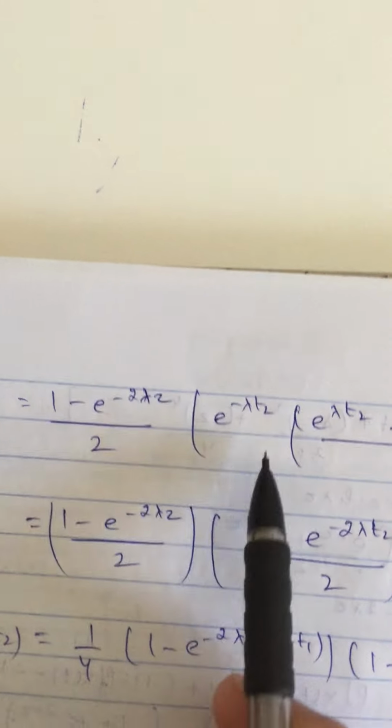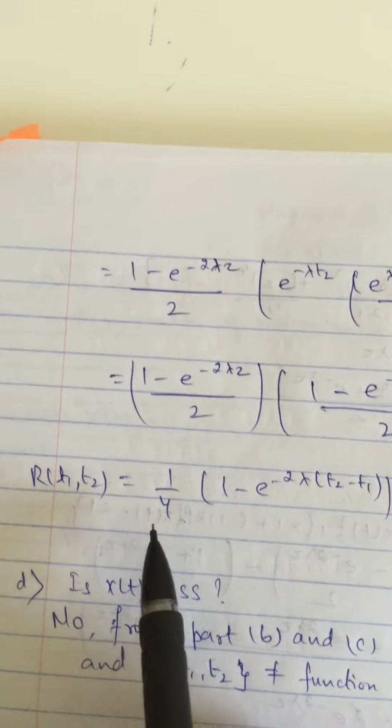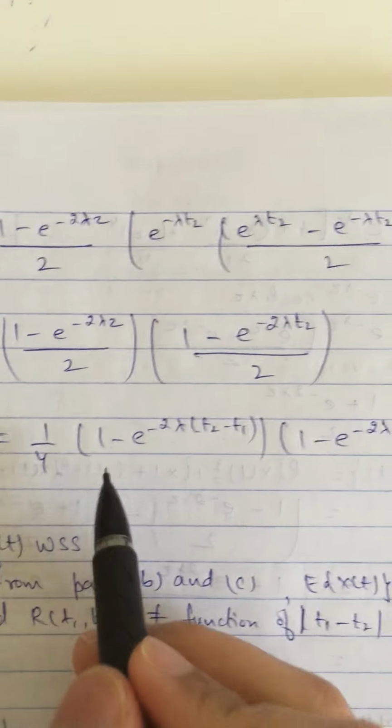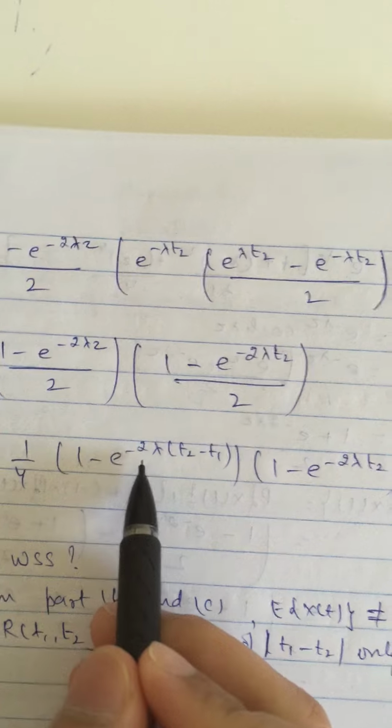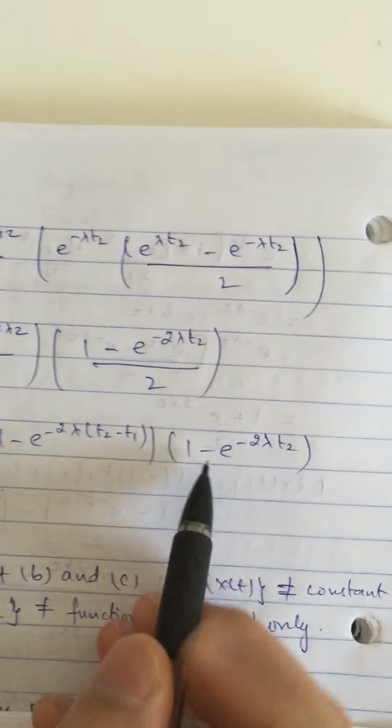So just putting in the values and solving, my autocorrelation function comes out to be 1/4 into 1 minus e to the power minus 2 lambda t2 minus t1 into 1 minus e to the power